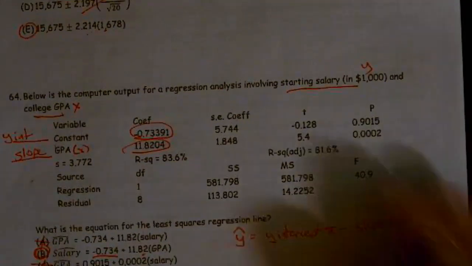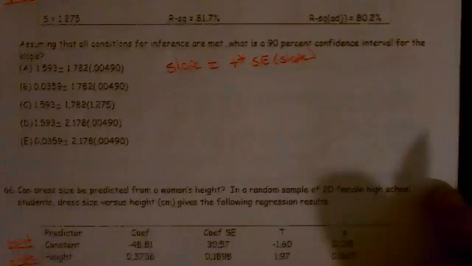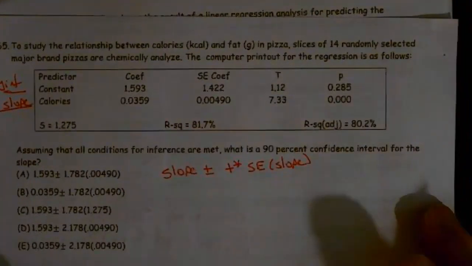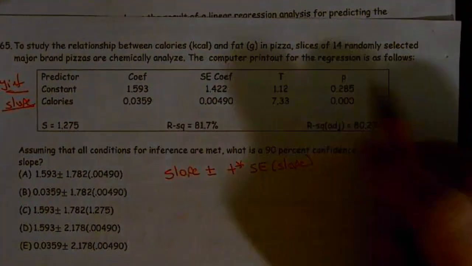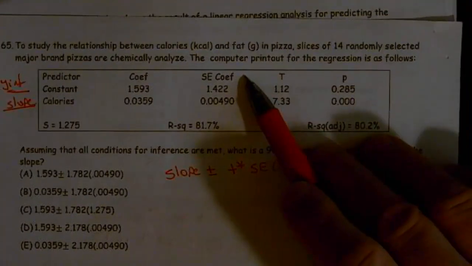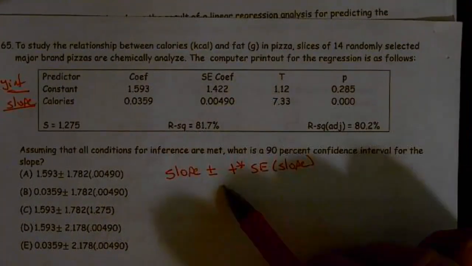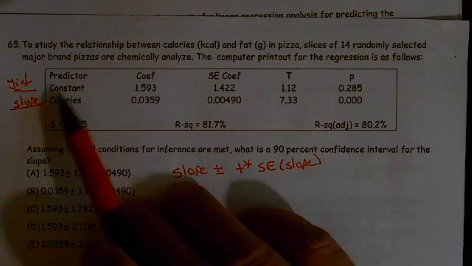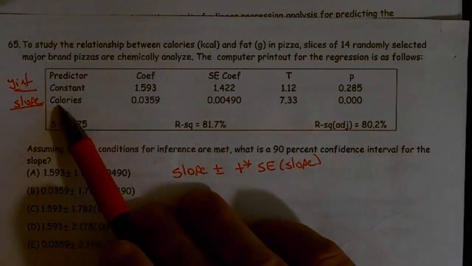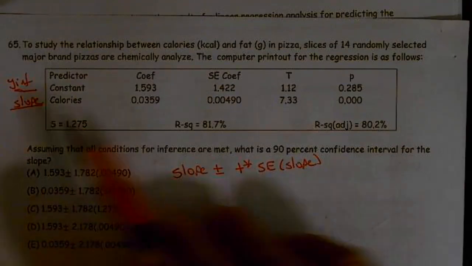All right, moving on to number 65. To study the relationship between calories and fat, slices of 14 randomly selected major brands are chemically analyzed. The computer output is as follows. What is a 90% confidence interval? Well, once again, there's my constant row, that's my y-intercept. So my slope row is calories. So my slope happens to be right here at